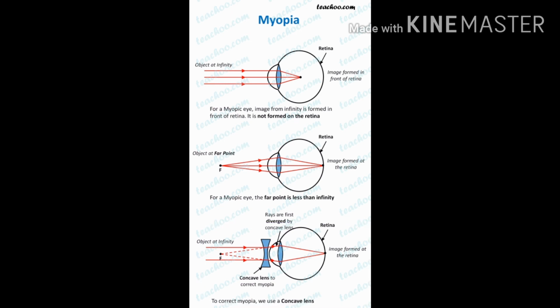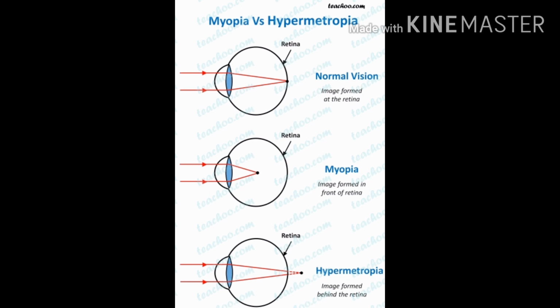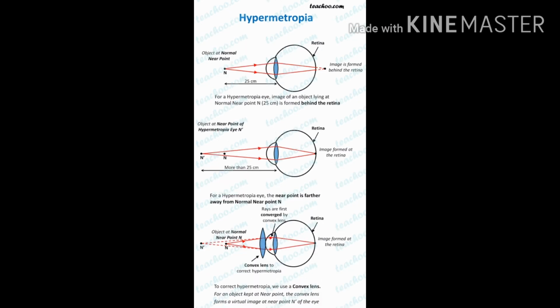Now let us learn the second defect, that is hypermetropia, which is also called farsightedness. In this defect, the human eye can see distant objects clearly but cannot see nearby objects clearly. There are two reasons for this defect. First, due to flattening of the eyeball, the distance between the lens and retina decreases. And the second is that the curvature of the cornea and the eye lens decreases,